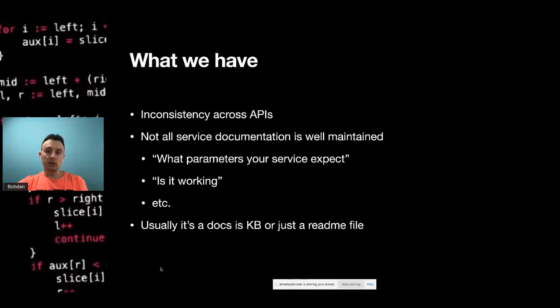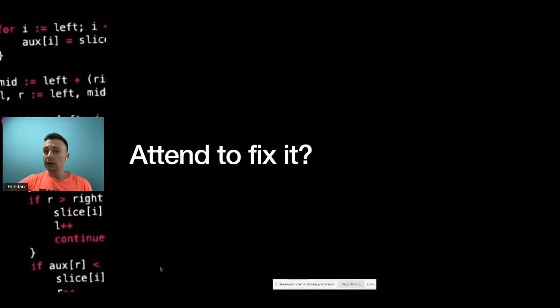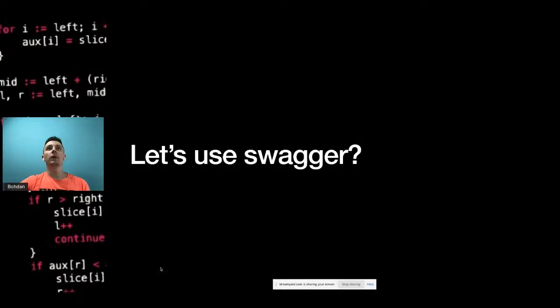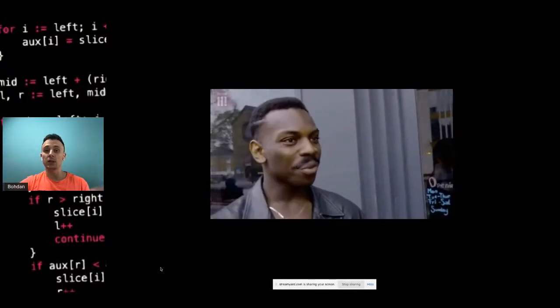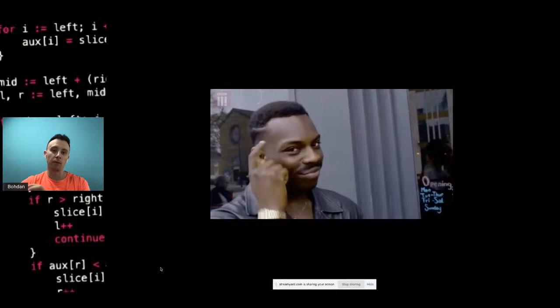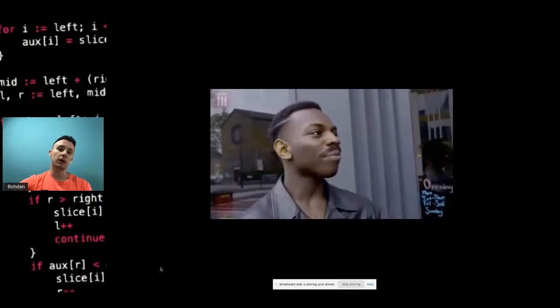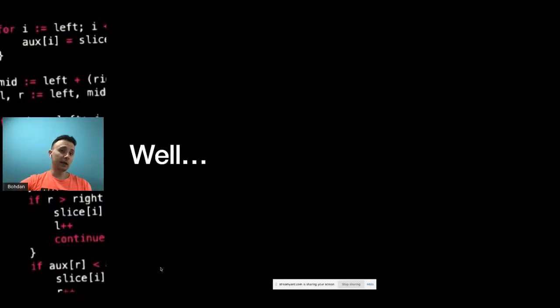And obviously, there is no consistent place for the documentation. Some team members store it in a knowledge base, some on servers, and some of them just place it in a README file. Okay, so let's try to fix this. This is Swagger, right? We can define our APIs using Swagger, and that's all. You're basically moving everything from the KB and the README to the Swagger file. Honestly, it works, but